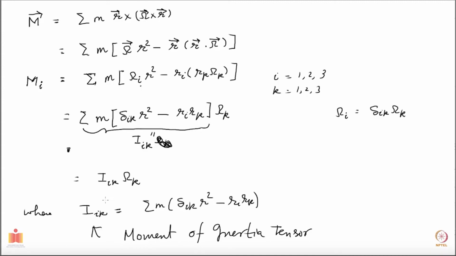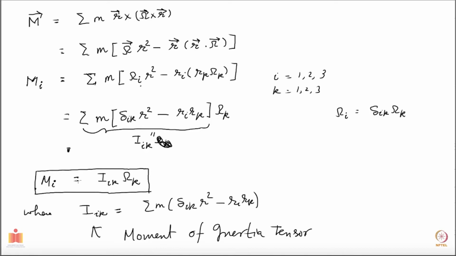So in any case, it's a tensorial quantity, but even if you do not know what a tensor is, you can still see that this is a matrix, okay, a 3 cross 3 matrix. So it has an index i, index k, they all run from 1 to 3. So you have 9 elements in total, and this is a 3 cross 3 matrix. So what does this matrix look like? Before that, let me just emphasize this formula, that the ith component of the angular momentum is given by this product of inertia tensor times omega k.